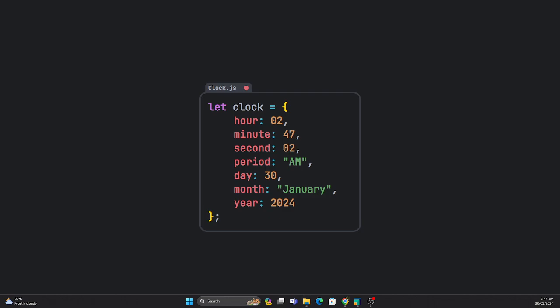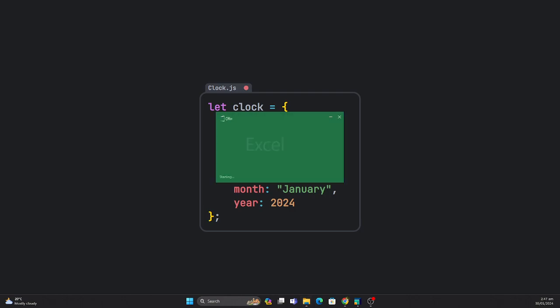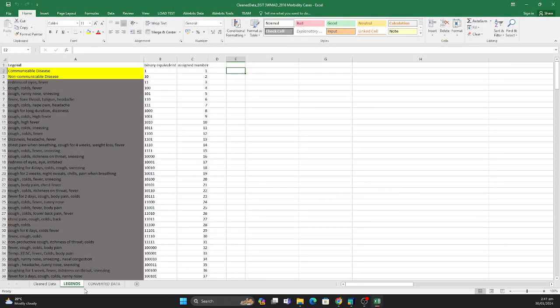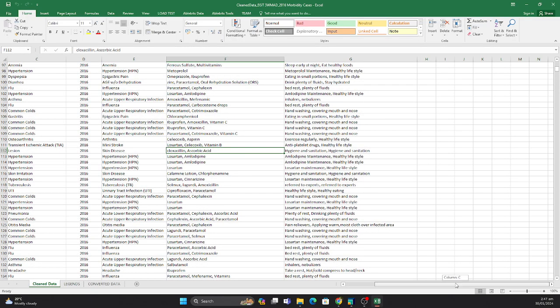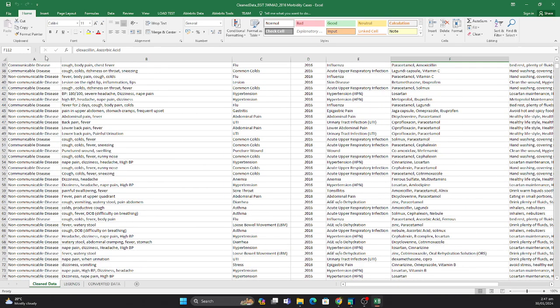That's the wrong file. Here. Let's start off by organizing the clean data.